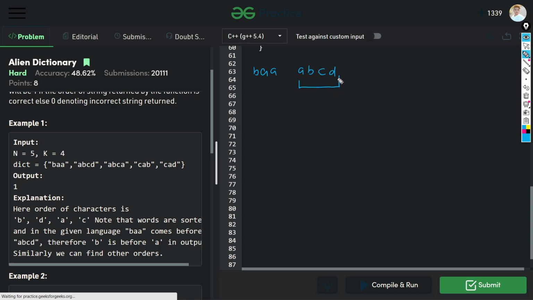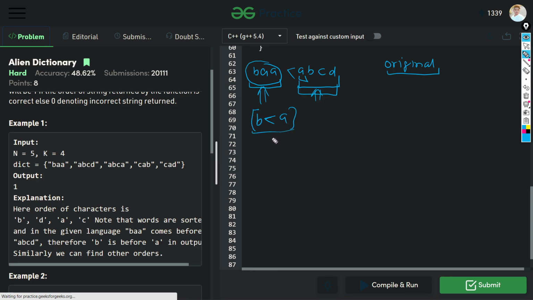Okay, let's assume that if you think about the original alphabetical order, then we say that if any string comes first and any string comes after, then the letter of this string will always be less than this particular string's character. Like here B will always be before A in the ordering.